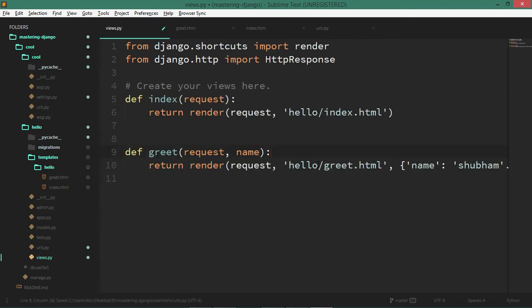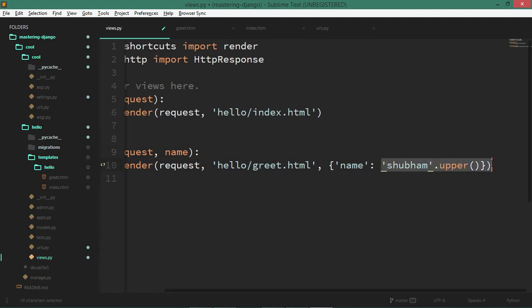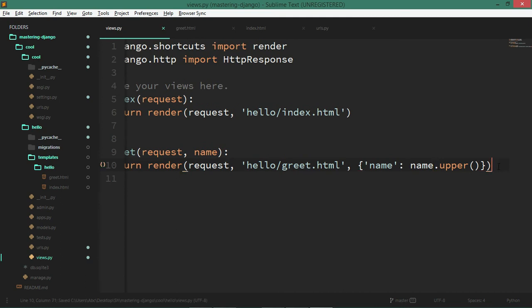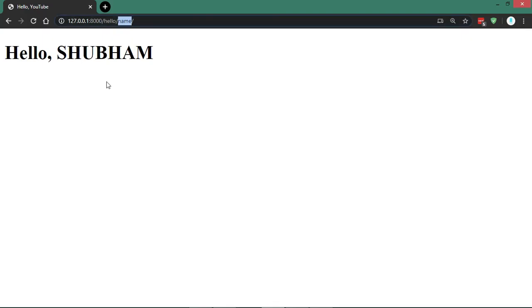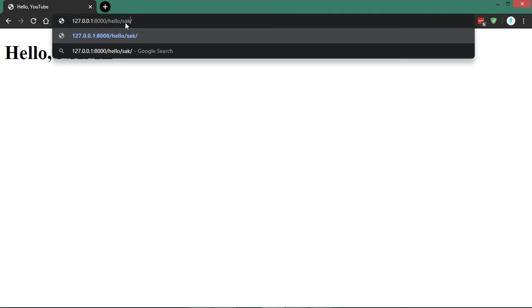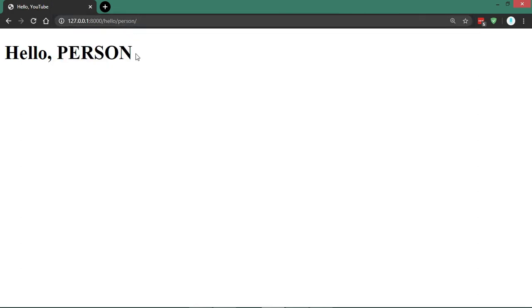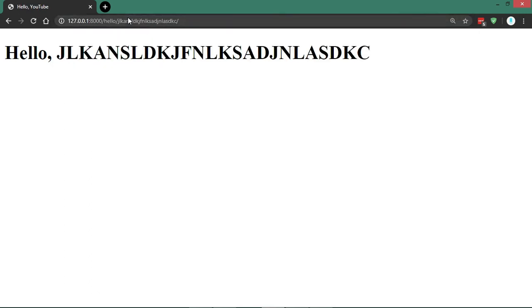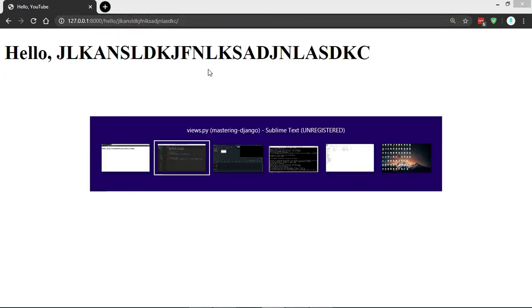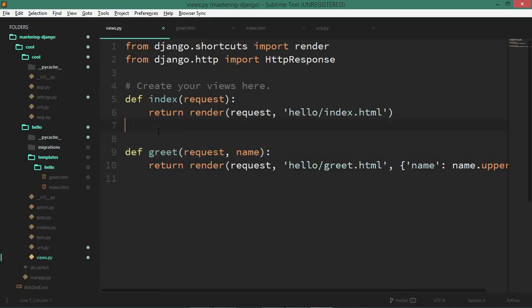I just call it this, and inside this I can pass my name, whatever name, and I can just say, uppercase it, right? So I can say name.name with an uppercase. So come back, and it should say hello name, and if I say hello person, it should say hello person. You can really see its power. If I just say anything, it should say hello that same anything. That is pretty cool. But still there is one more flaw that we haven't discussed as yet.